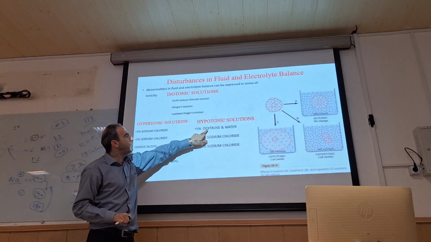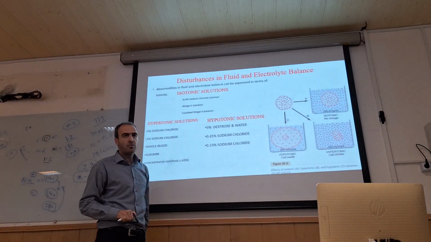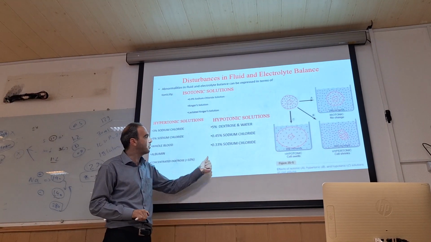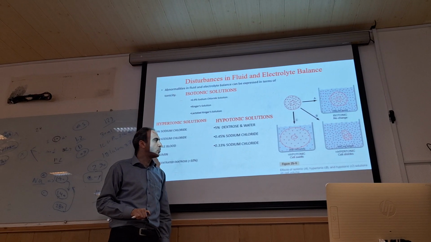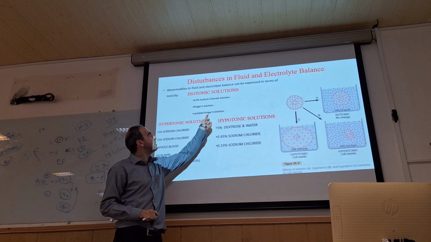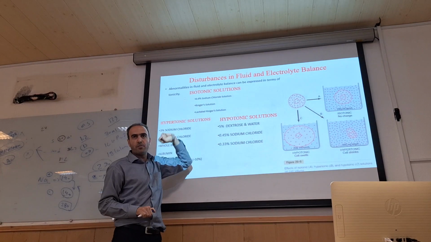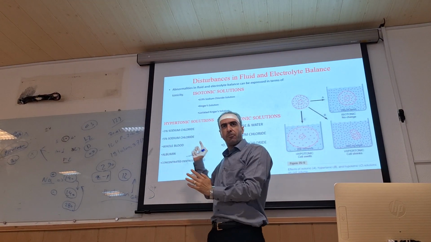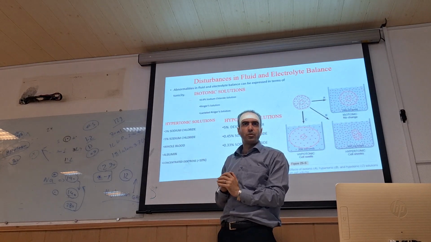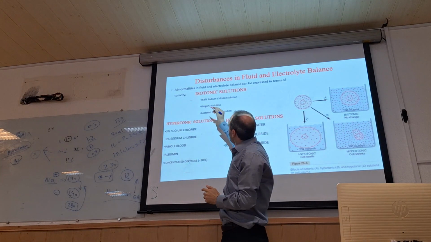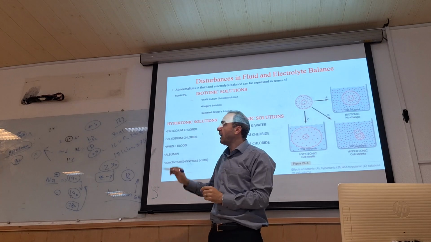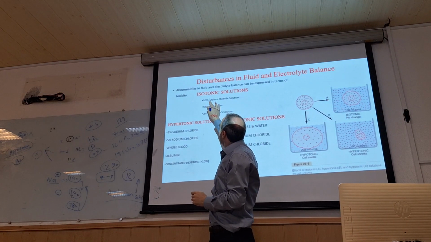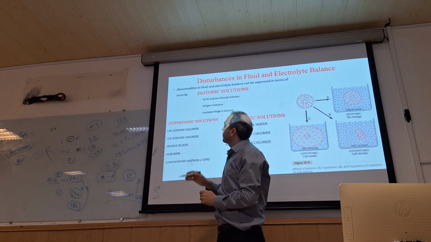Hypotonic solutions include 5% dextrose, 0.45% sodium chloride, and 0.33% sodium chloride, whose osmolality is about 1/3 of this. So in different situations we use different solutions, but mainly we use isotonic solutions, and among them normal saline, or 0.9% sodium chloride, is the